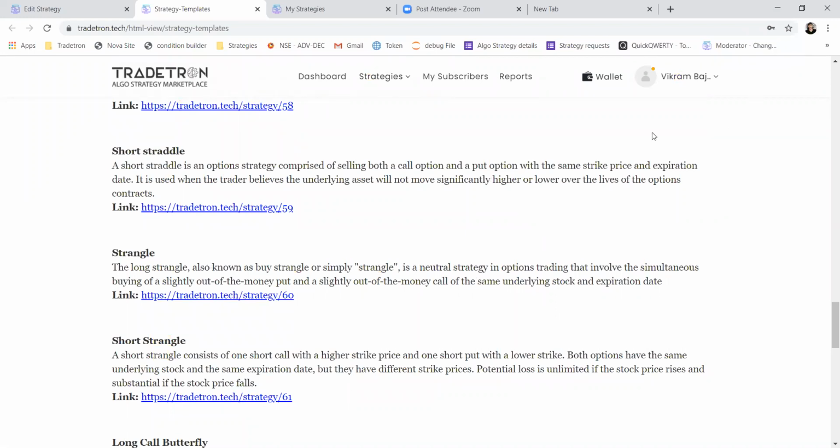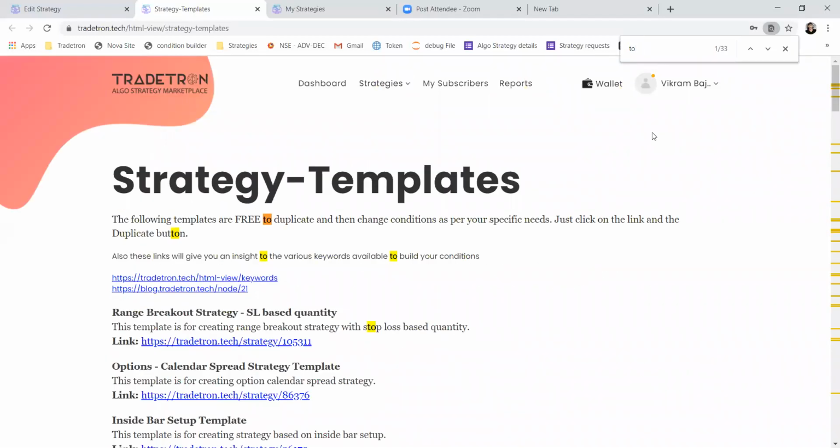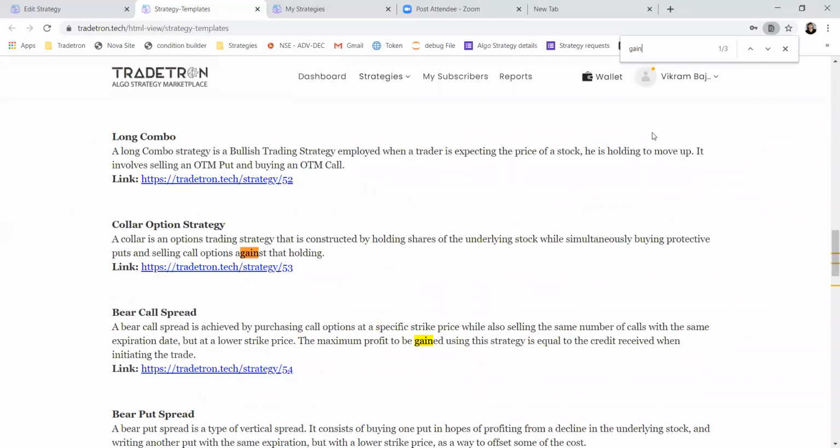So please write to support. They'll send you the link, or you can connect on chat and they'll give you the link to rank the stock based on the gainers, and then you can do it. Okay, I'm not able to find it right now.